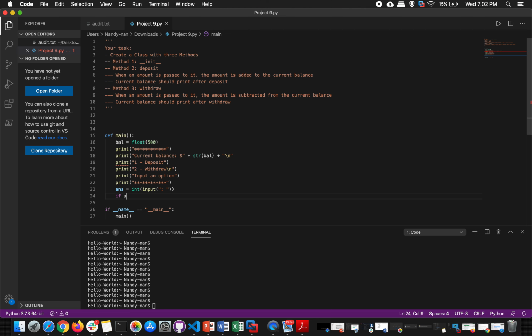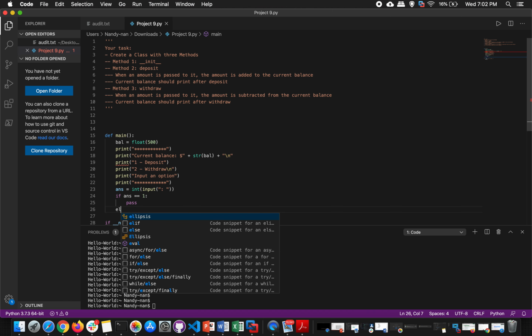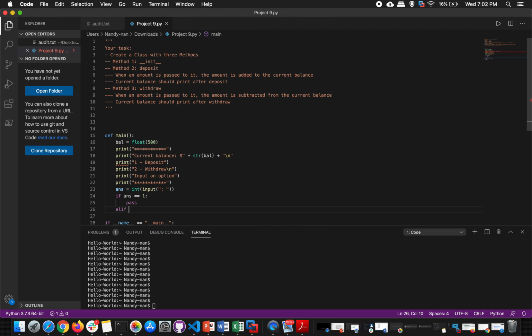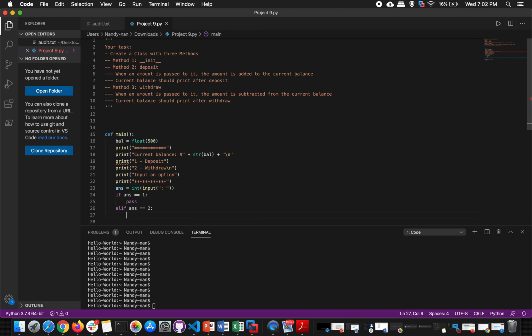Then I'm going to roll straight into a comparison, my if statement. I'll say, if it equals 1, then do something. As you recall, pass is just a placeholder, and I'll come back to that. I just need to get past it. Now, if ans equals 2, then do this,